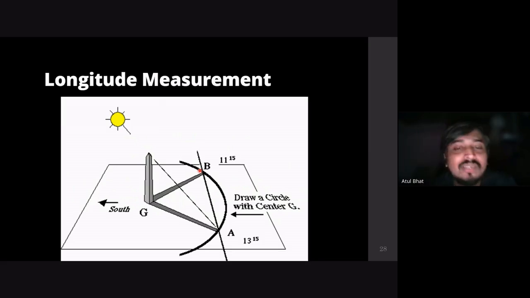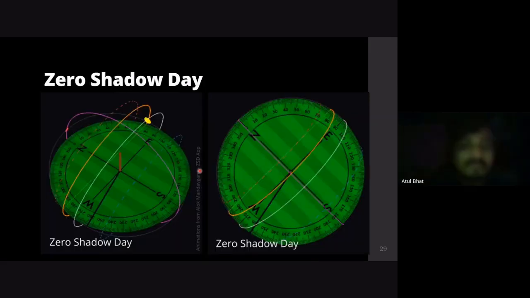And only when you do this, you'll realize how the sun moves across the sky. And only when you realize that, you'll realize how the earth moves around the sun. And then you are near Copernicus's idea. And amongst these days, you will realize on one particular day, the sun at noon actually shines from above your